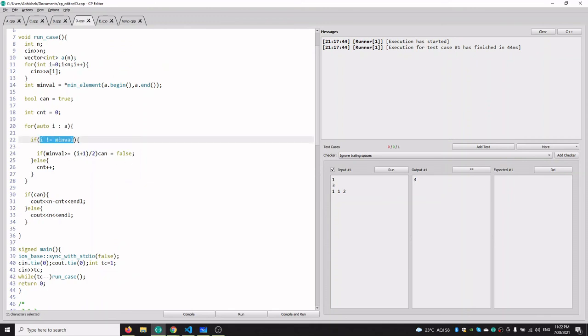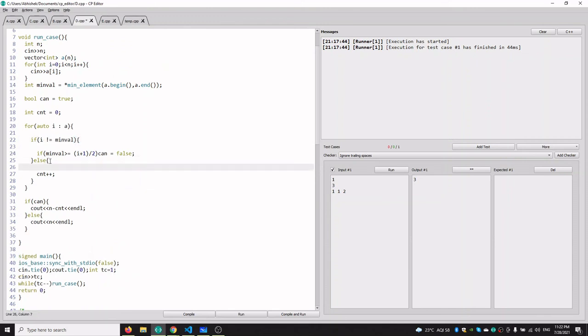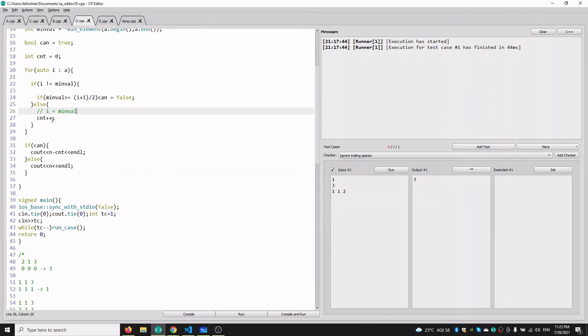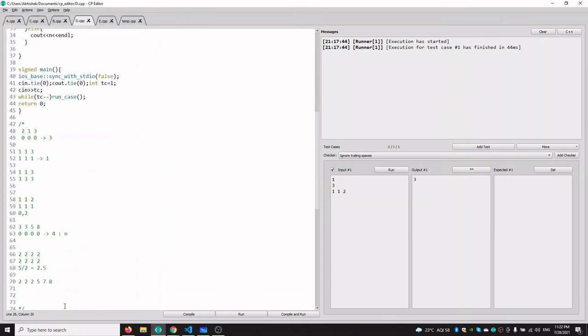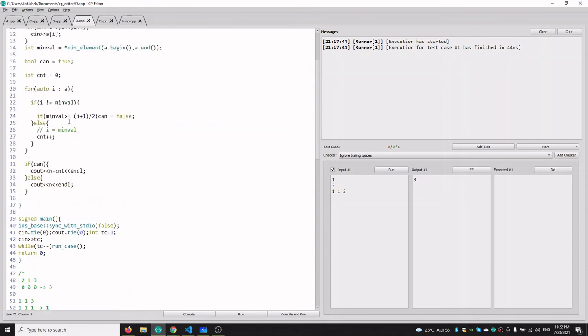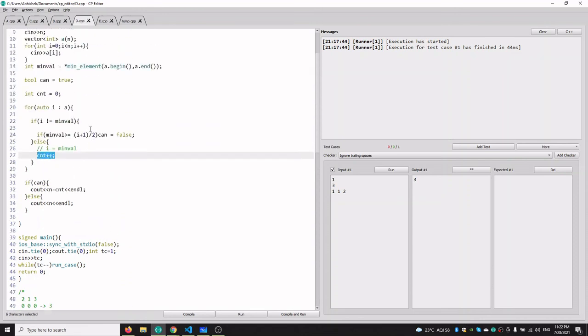Like if I is not equal to the minimum, then I would be equal to the minimum value, that is 2. So yeah, we can do it in a separate for loop also. That code is a little bit confusing here.